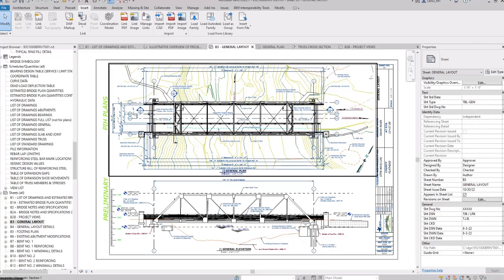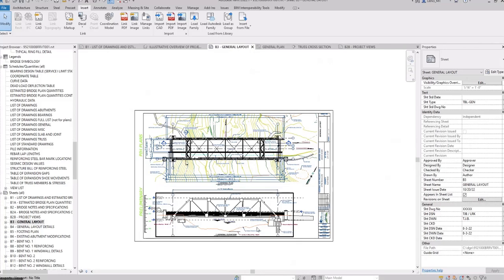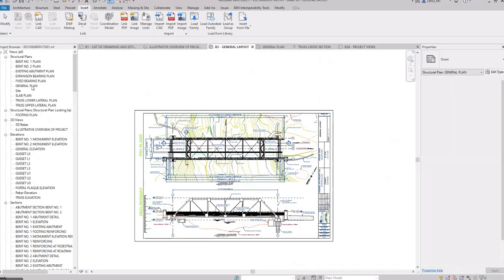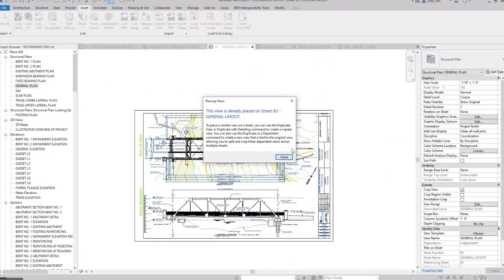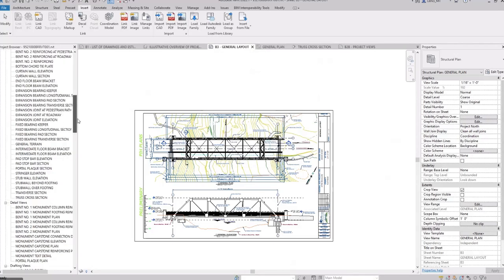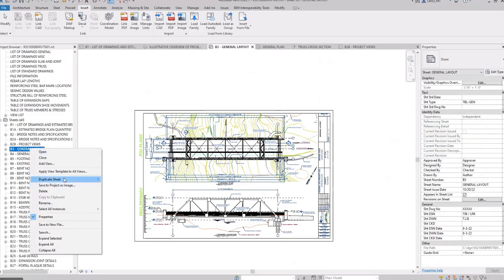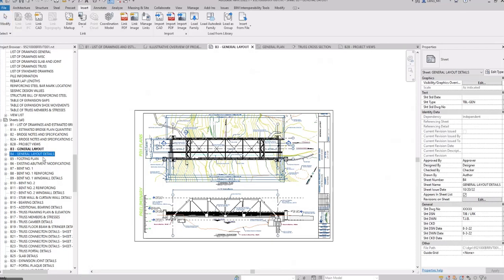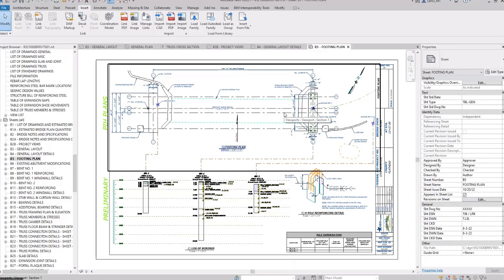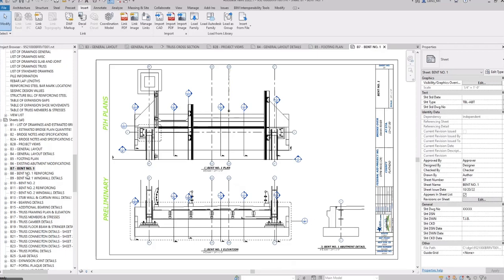And so, of course, then we're pulling those plans and elevations into our sheets. And I'll go ahead and just show how easy that process is. Oh, of course, can't bring it into the same one. Instead of doing that, let me bounce around to a few others. Here's a footing plan, for example,